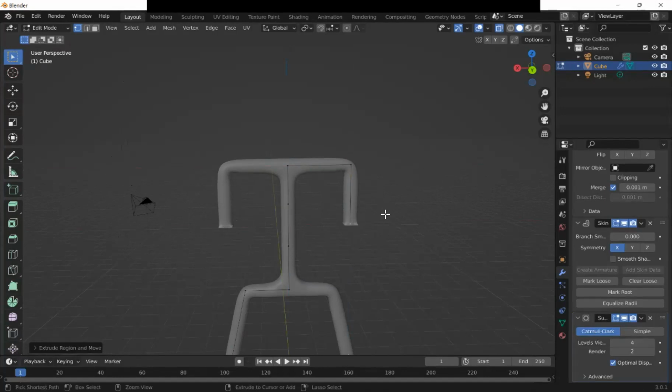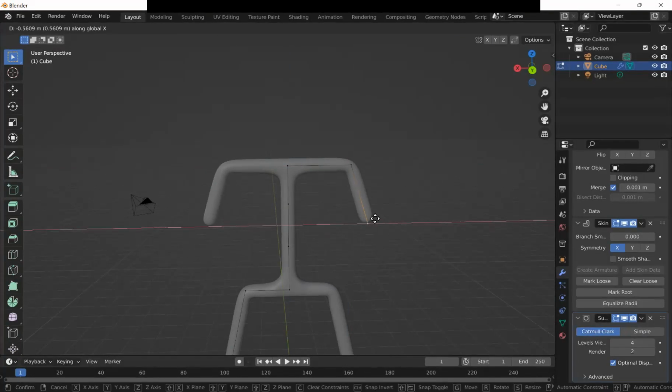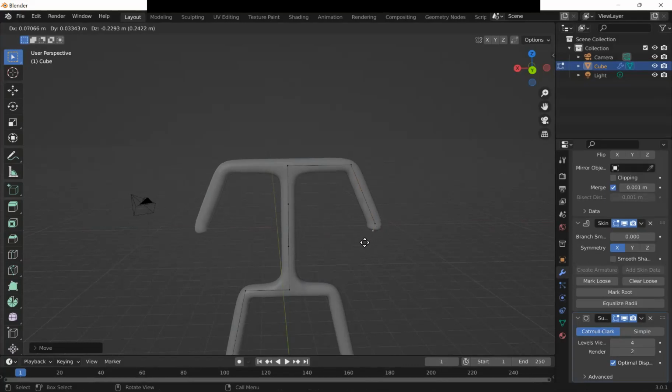I'm going to undo by pressing Ctrl plus Z because I have to move it in another direction. Just like this, and extrude it once more. Simulate his arms,